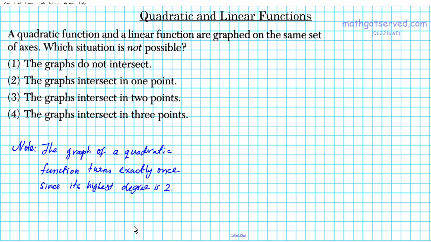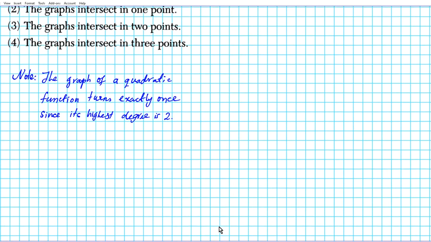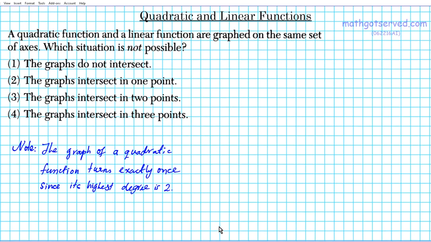So let's take a look at what the graph of a quadratic function looks like. You should notice this is basically the graph of a parabola. Let's just sketch it. Let's say we have a downward facing parabola. If you have a downward facing parabolic function, it's going to look something like this. What this point is indicating is that you're going to have exactly just one turn